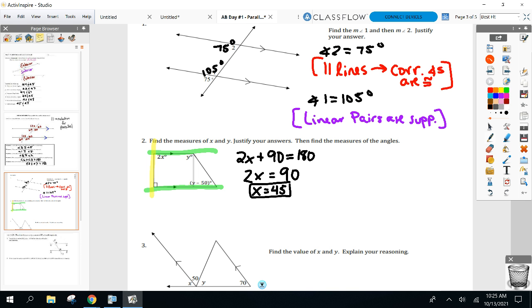Justify. Lisa, going back to you, what type of angles did you tell me they were? Okay, so here's our justification. Starts out the same way. Parallel lines